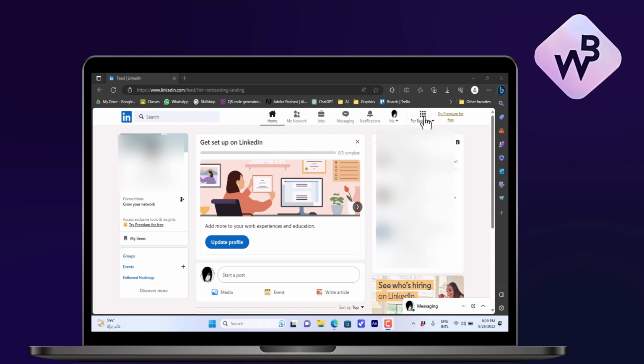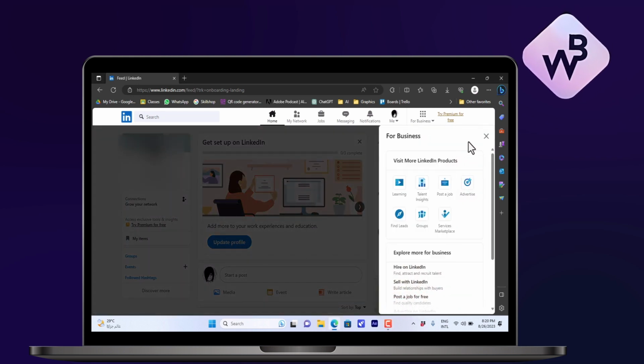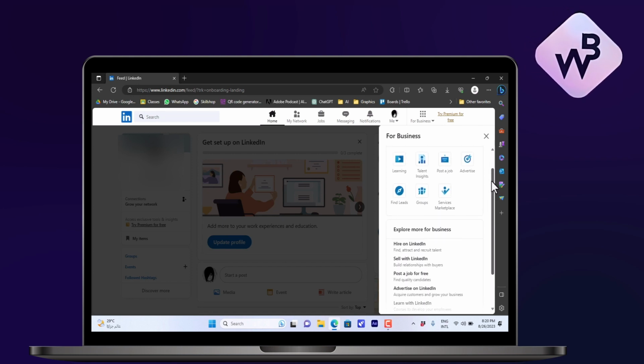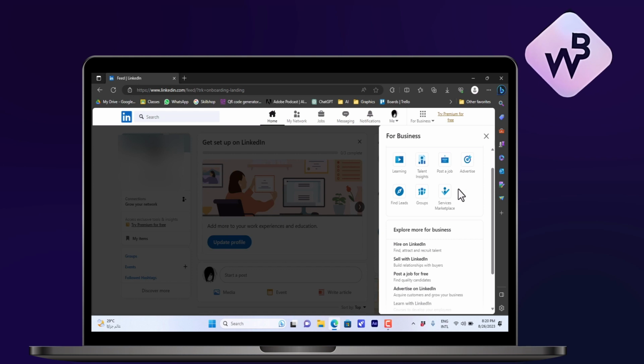Go to the For Business option, click on it, and a menu will pop up, and you should see, if you activated your recruiter's account, a recruiter's option that's like an icon with a magnifying glass on it that says recruiter. If you click on it, it'll open the recruiter's option or the recruiter's page